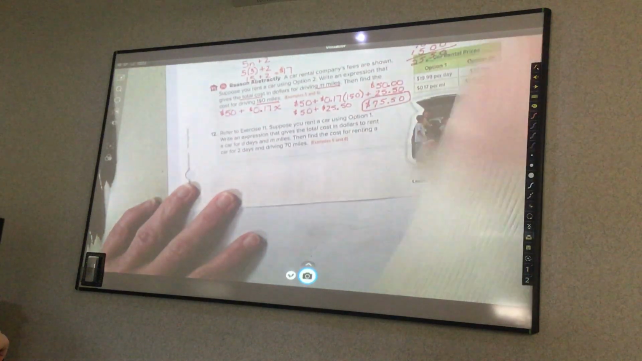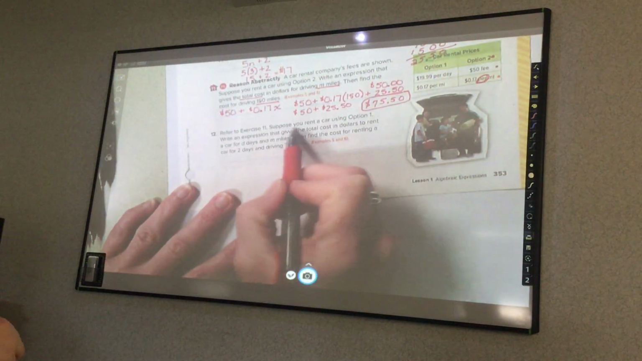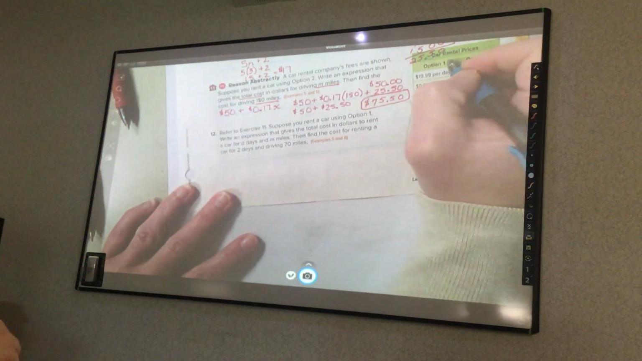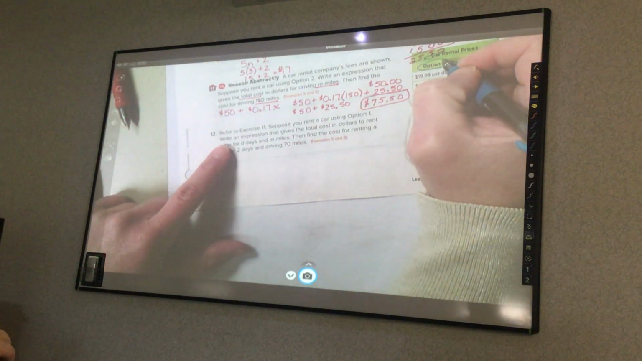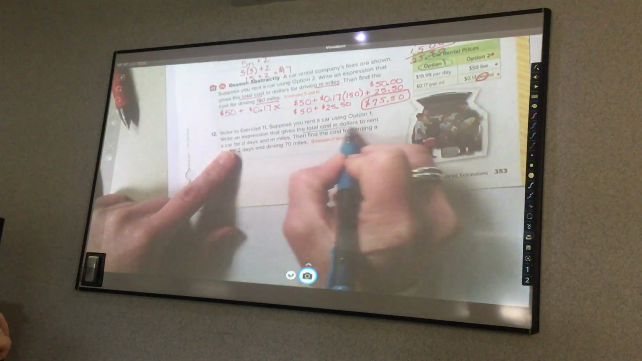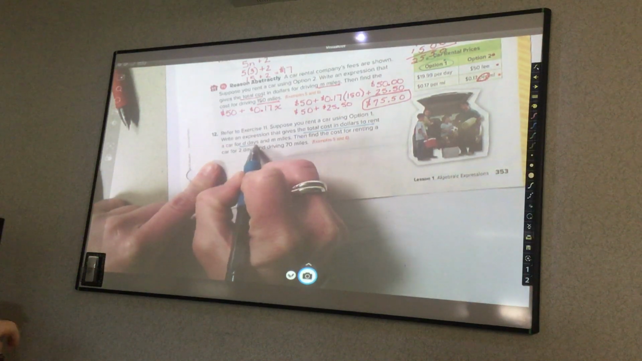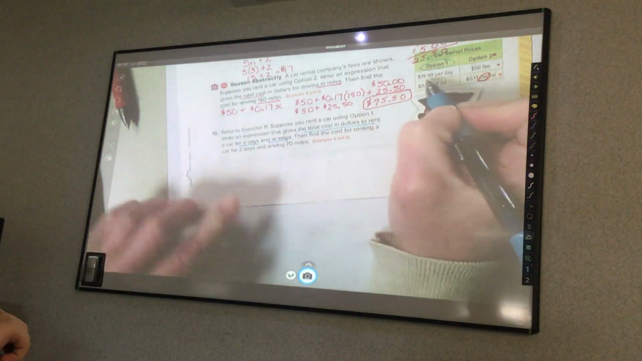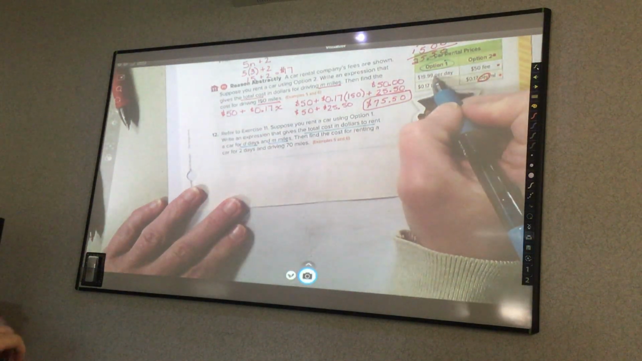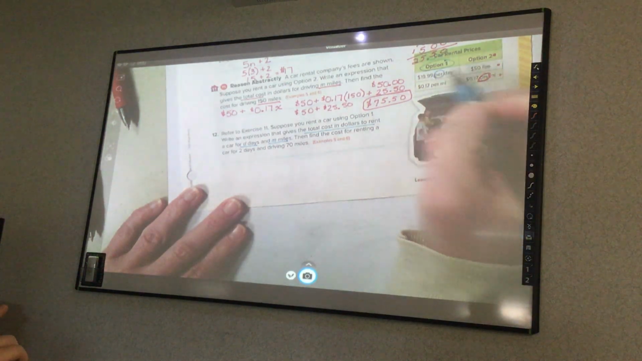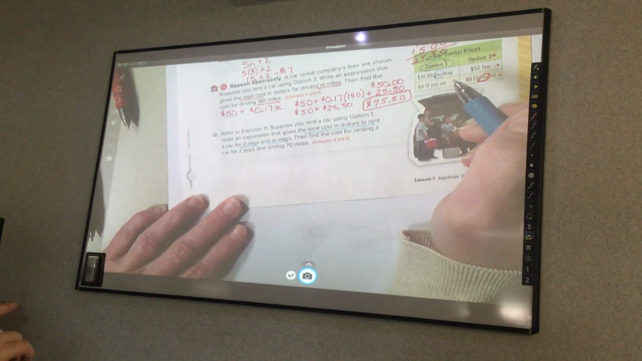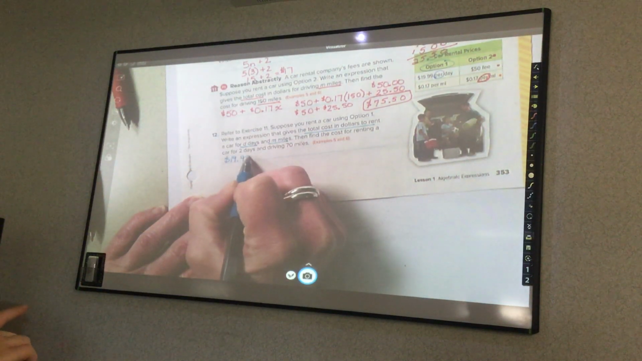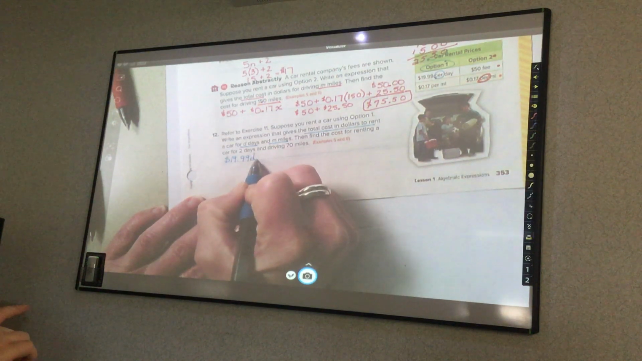Number 12. Refer to exercise 11. Suppose you rent a car using option 1. So now we're going to use option 1. Write an expression that gives the total cost in dollars to rent a car for D days and M miles. I'm going to stop right there. So it's $19.99 per day. Per means to what? Multiply. So I'm going to do $19.99 times D, because that's how many days,